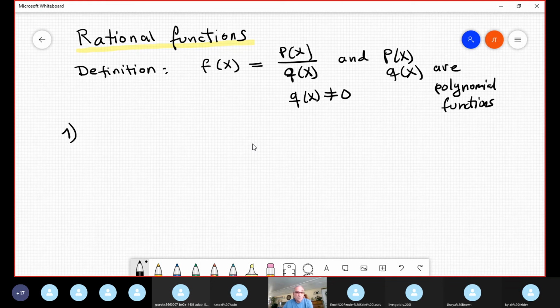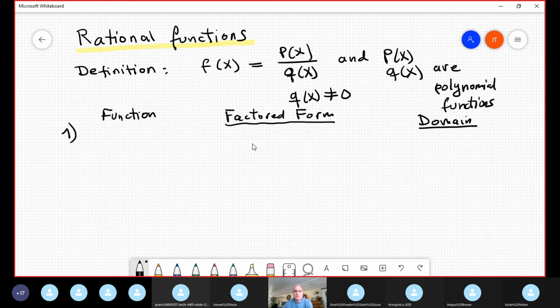I have a function. We have the factor form of the function. So after the factorization, and by the way, the domain is always important. By the way, we need the domain, the factor form, and the function. Example number 1 is f of x equal